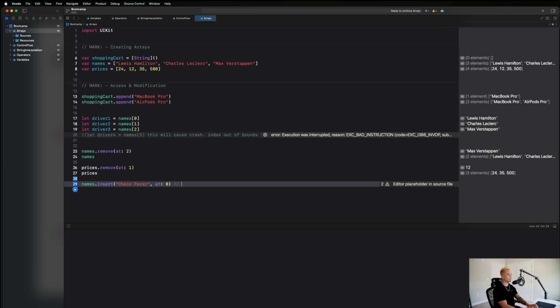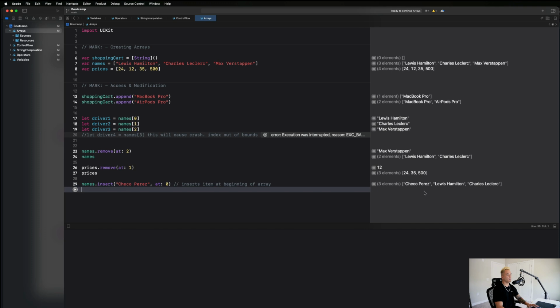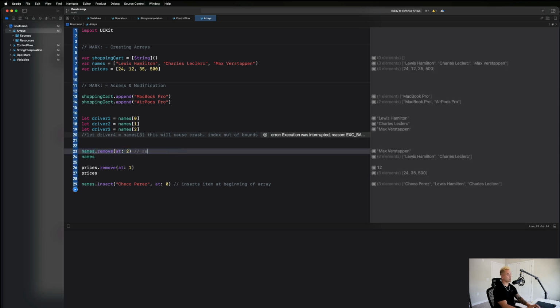So inserts item at beginning of array. And let's just go ahead and run this, guys. Okay, so now you'll notice my array is Checo Perez, Lewis Hamilton, and Charles Leclerc. And Max Verstappen is still gone because we removed him here. So let me add another comment, removes item at specified index. Okay, and then,